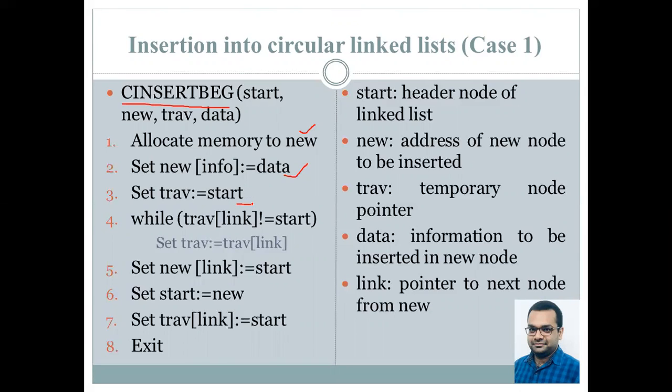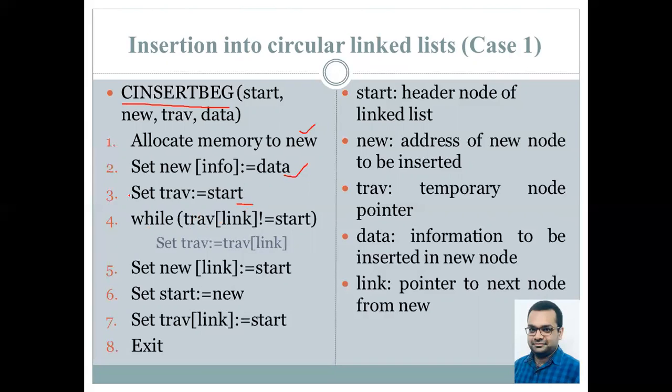However, our task in case of a circular linked list is slightly different. In case of a one-way linked list, we could just simply assign it the value of the address, and we could simply make start point to the new node, and our job was done. However, in case of a circular linked list, we need to make sure that our newly inserted node is again pointed back to by the last node in the circular linked list. For that, we have to traverse to the end of the linked list and identify the last node.